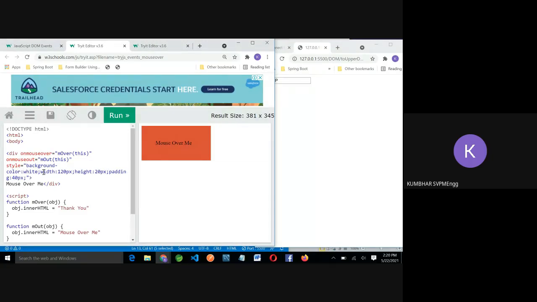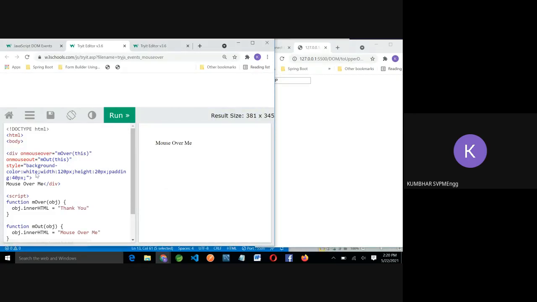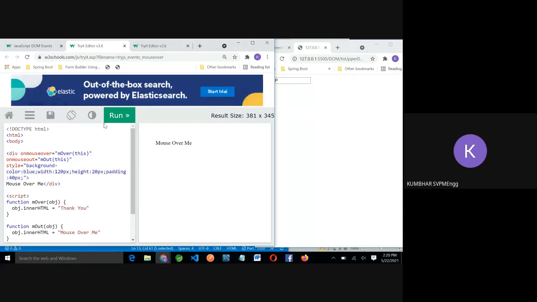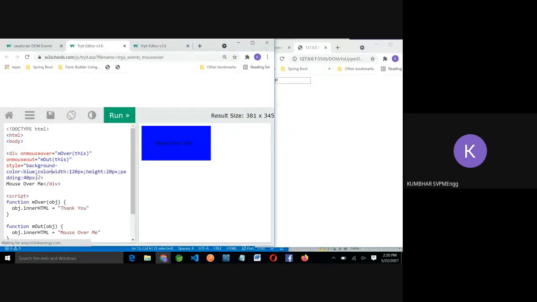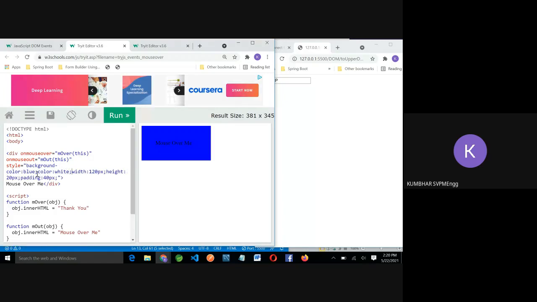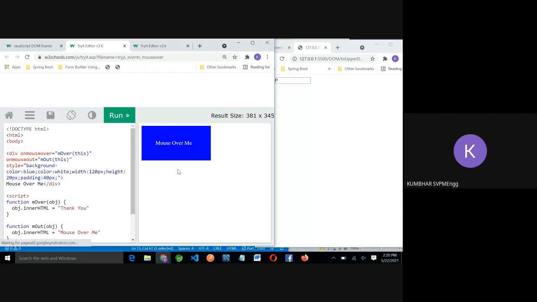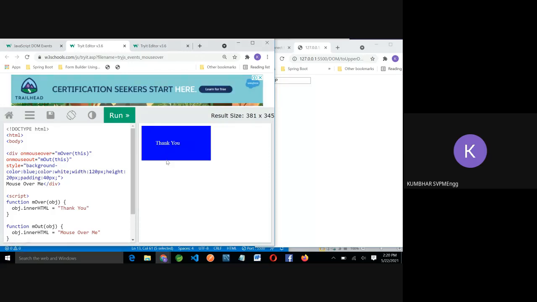Even if we make that white, it will still work. Sorry, this is the background color. It must be something different. And inside that, I am going to add a color for the paragraph so that the text will be white. I hope now it is readable. It is more readable, and you are observing.